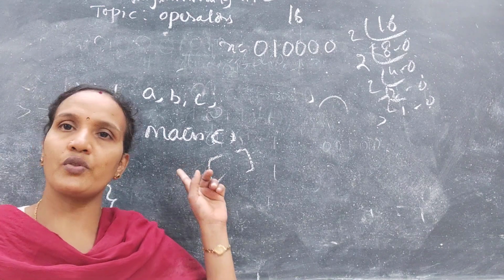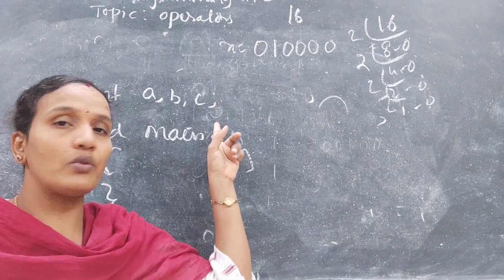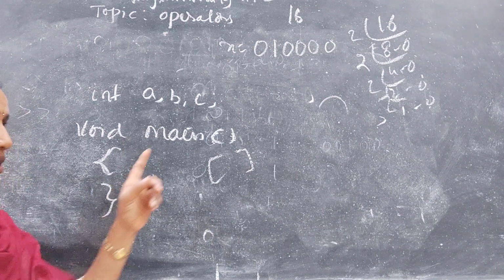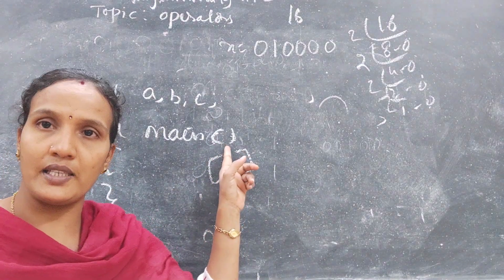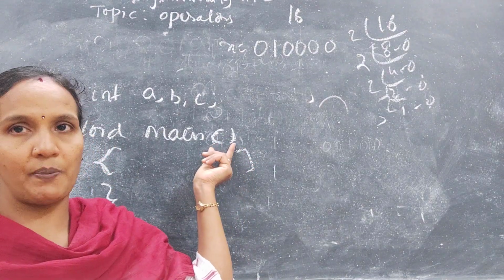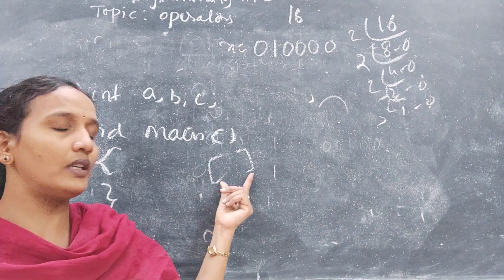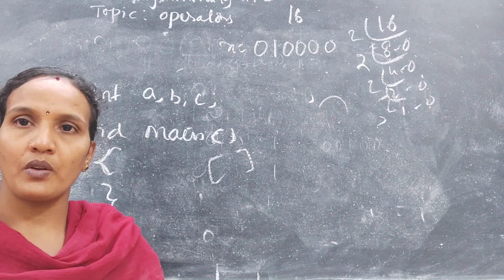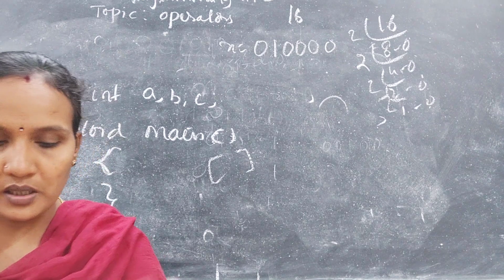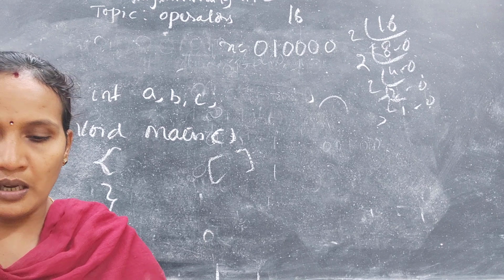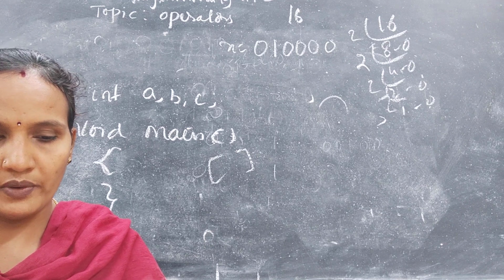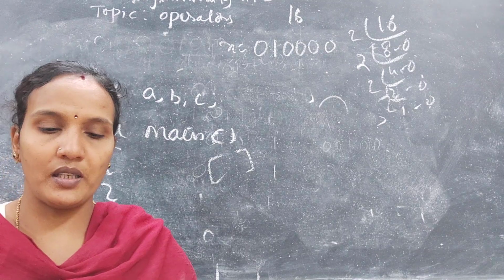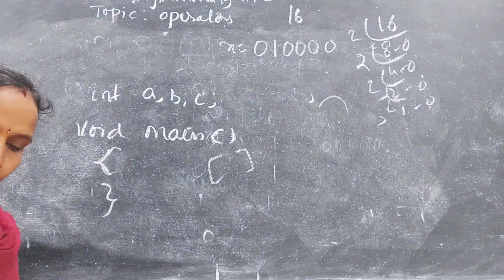Here comma is used to separate variables, and semicolon is used to end the line. This parenthesis is used to give the parameters, and whenever you are using a function in C programming, we will use this parenthesis. We will use the square brackets in declaring an array. When we get to arrays, at that time I will explain. Okay, so whatever operators we didn't cover in arithmetic, logical and the rest come under special operators. And here one more operator is there: sizeof.